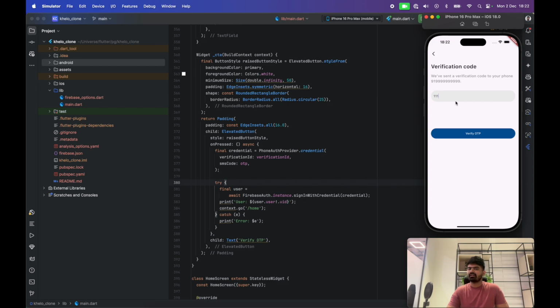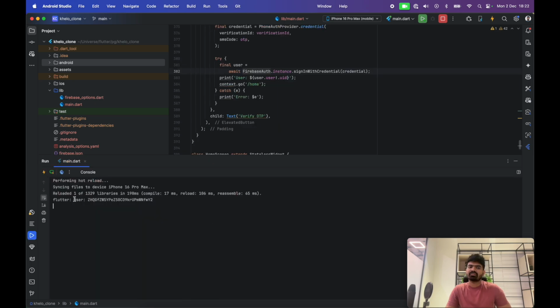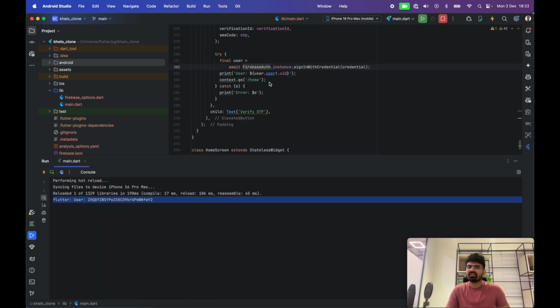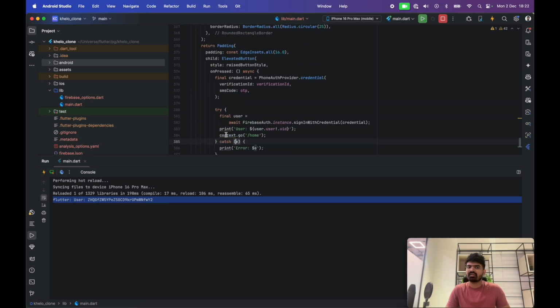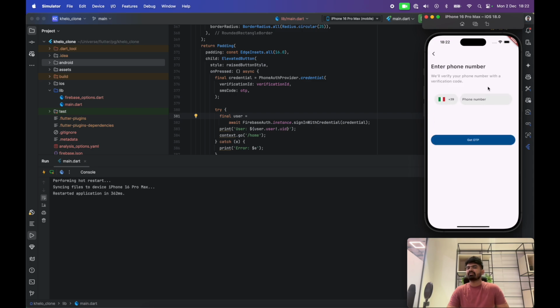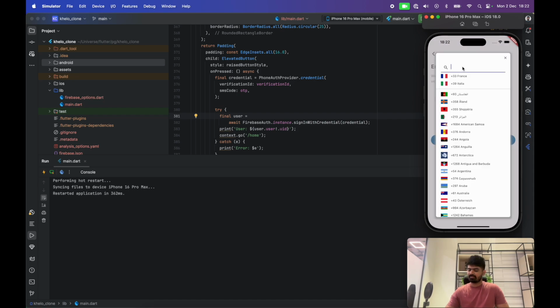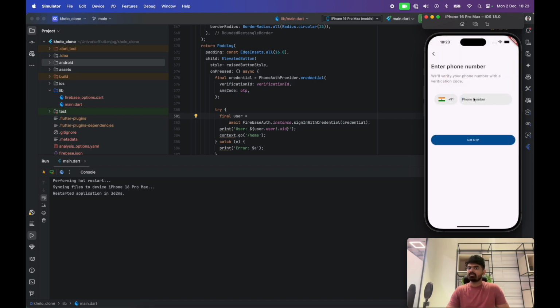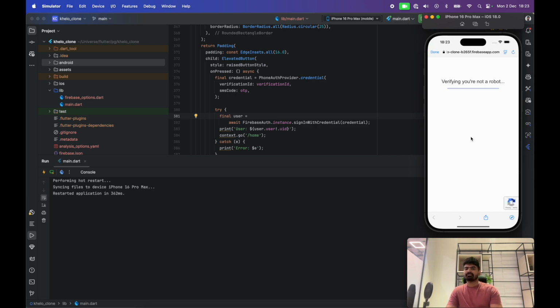So if I add all the OTP, and I think Auth was successful, but somehow, I think it was not able to find the home route. Maybe we didn't rerun the app. So now I'll do that. Okay, and this is done. Recaptcha is running, and